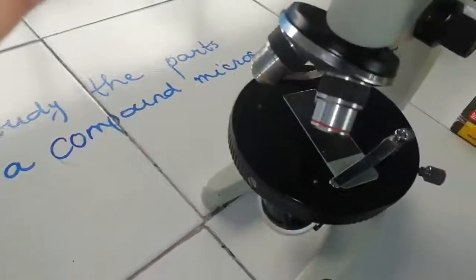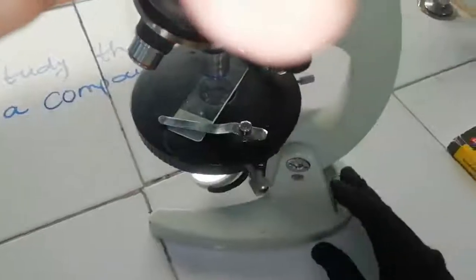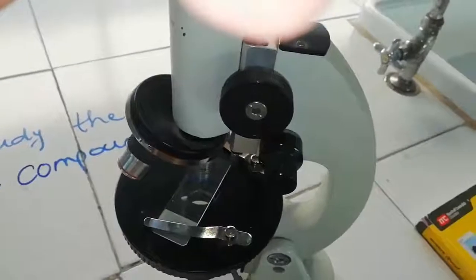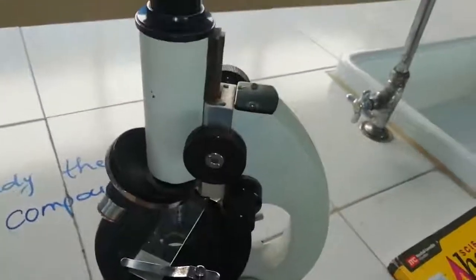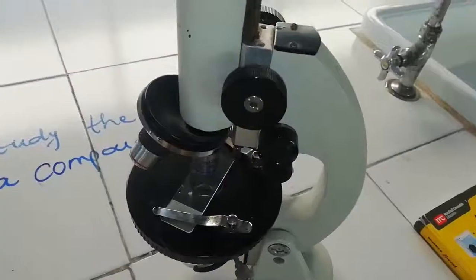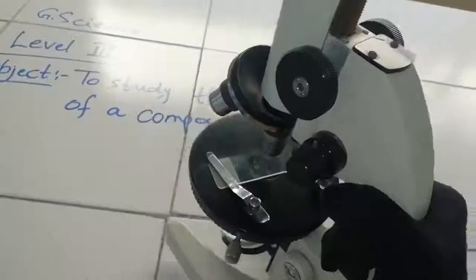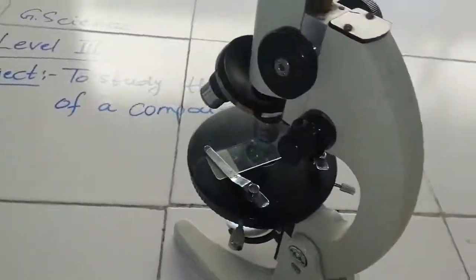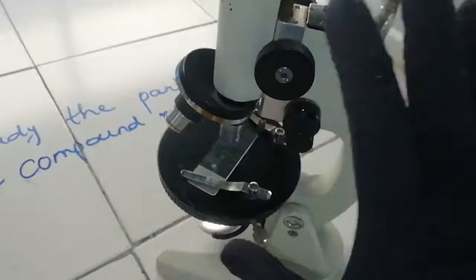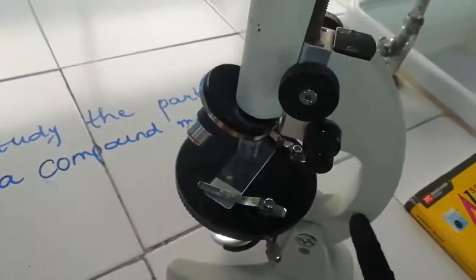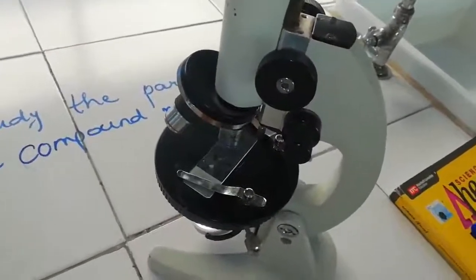This is called the base or the foot of the microscope, right? This is the base or the foot of the microscope. Okay, it actually supports the microscope. Okay, it supports the compound microscope. And whenever we want to lift it, whenever we want to move it, we have to handle it with one hand on the arm and support it with the base, so that the many settings and adjustments inside it do not get damaged. Okay, because if the setting once goes out, then our microscope will not work properly.